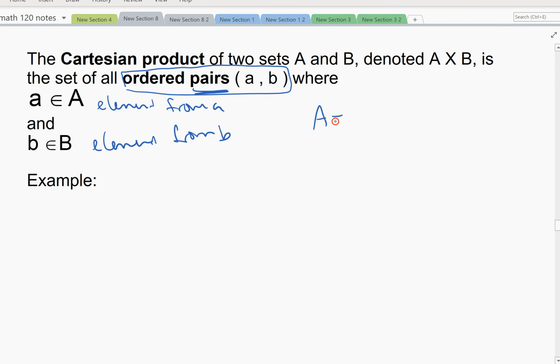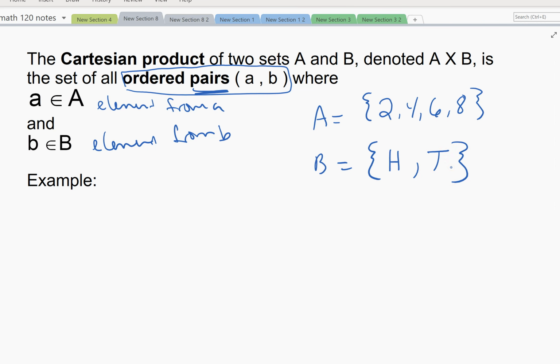Alright, so a simple example, suppose my set A are the numbers 2, 4, 6, and 8. So I'm rolling a dice, and I only pick the even numbers. So my set A is the even numbers for my dice. Set B is, suppose I'm flipping a coin, and instead of writing out the word heads, I'm going to write capital H to stand for heads, capital T to stand for tails, and a lot of times we'll do that instead of writing heads and tails. So my experiment is I want to roll a dice and get an even number. So my set A are the even numbers 2 through 8. Set B are flipping my coin, getting heads or tails, and I'm going to do set A with set B,